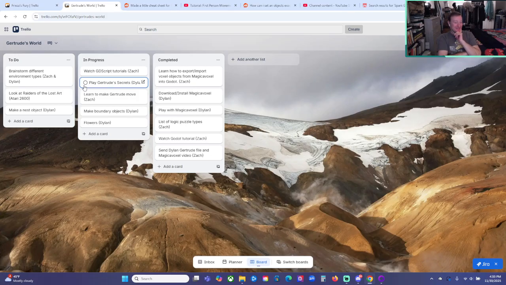Yeah, and you don't know until you just plunk it in the world and see how it looks. I don't know how much you can change and alter it when it's in Godot too. Can I put it in Godot and just change the size and rescale it? Well, I'm almost certain you can, but then the voxels will be out of scale with each other if you do that. I think it makes more sense to make all the voxels the same size and then just build them the right size.